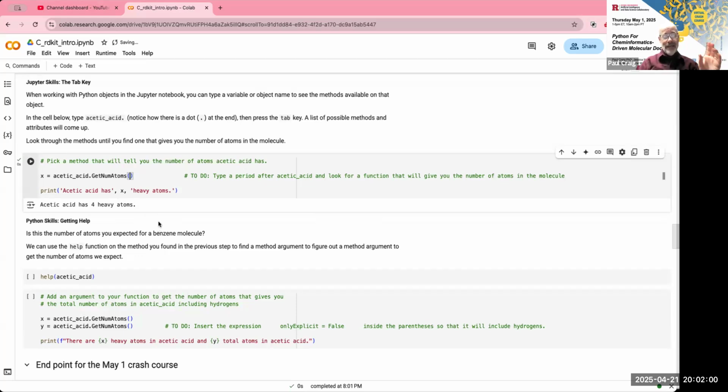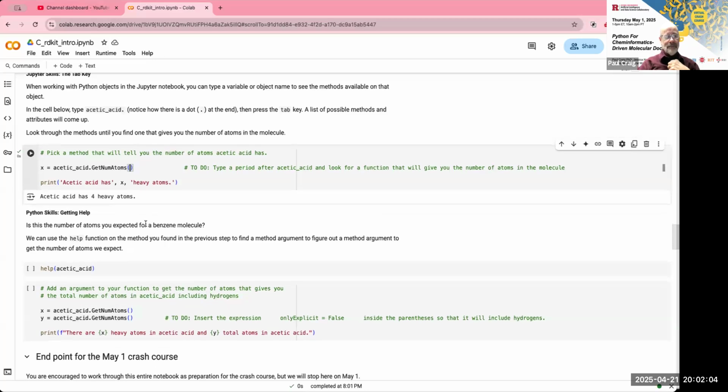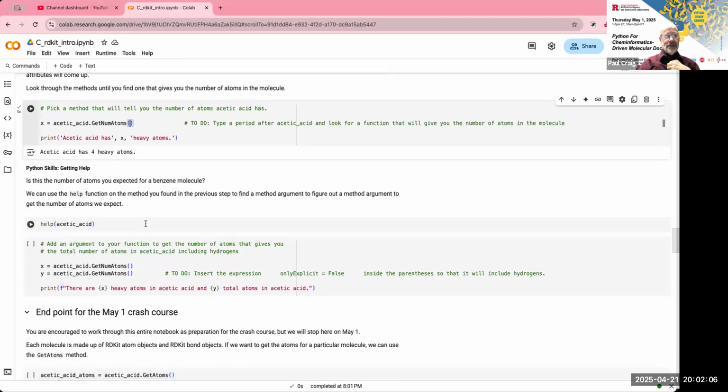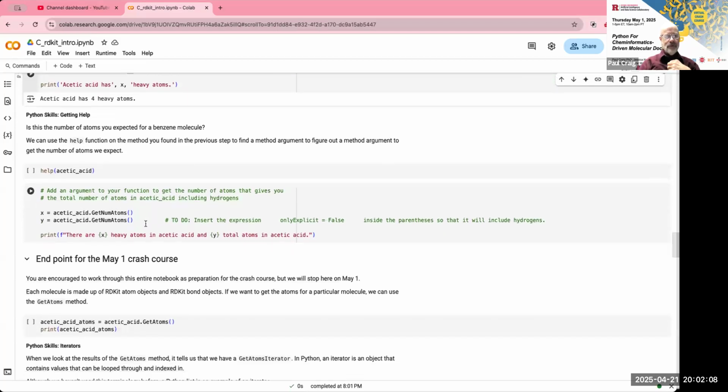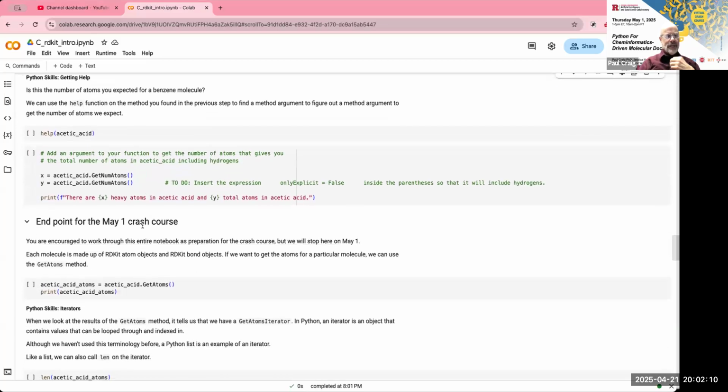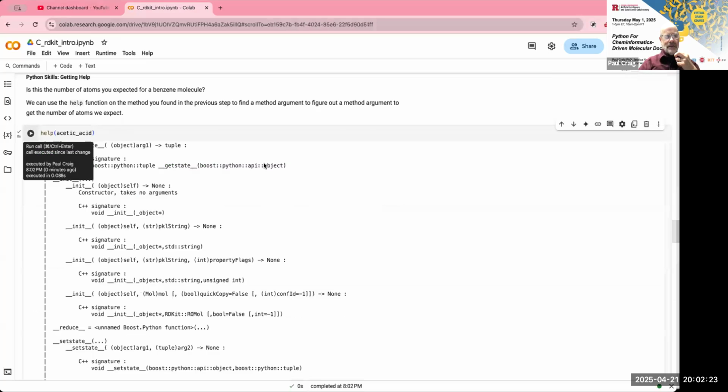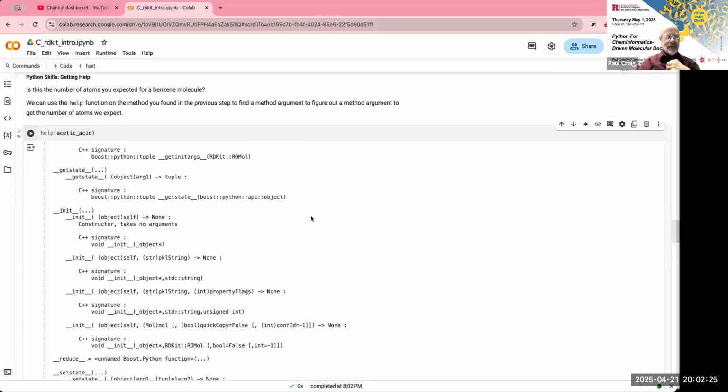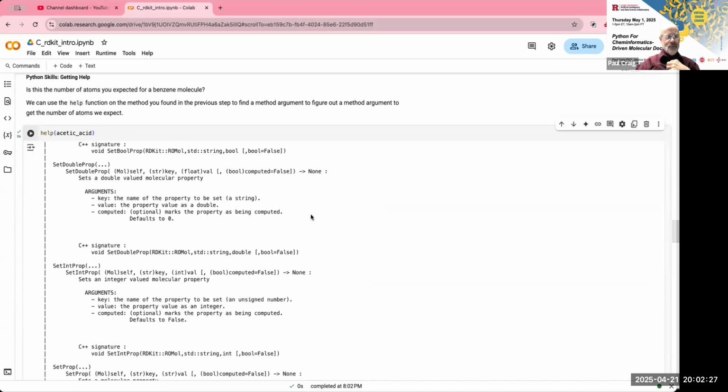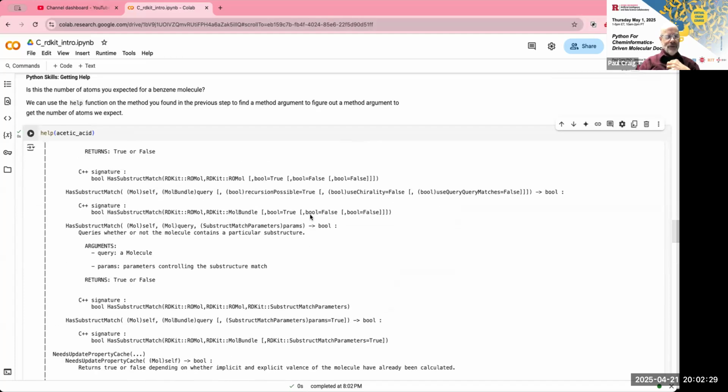But even if you don't add any arguments, you have to put the parentheses for it to function properly. All right. Another thing that happens in Python is we can get help for what we're looking for. So what can we do with help files? Okay, we can put information inside a parenthesis next to help, and it's going to tell us a lot of information. So if I hit the run button here, then I get a lot of information about what we can find if we look at,